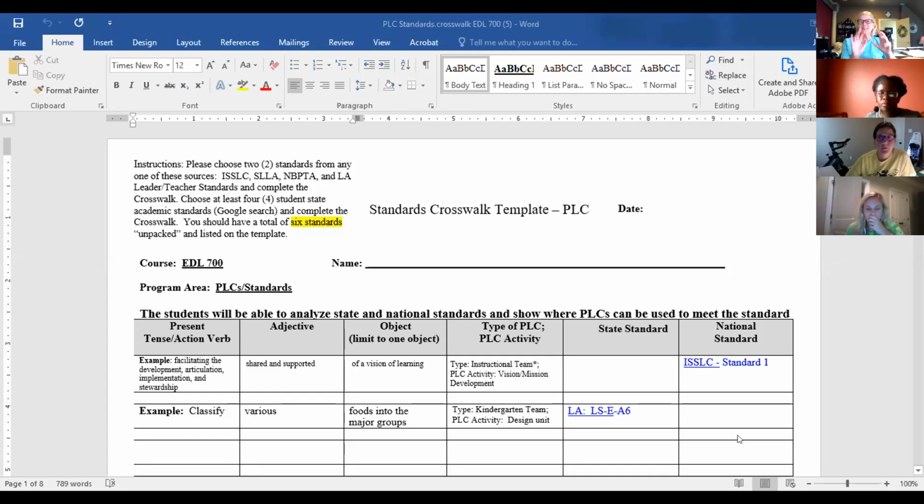So there's not a set template necessarily. The template is created to best meet the task you're trying to do. Does that make sense? Okay. So, for example, this crosswalk is one that I have used many times in my work as an assistant superintendent